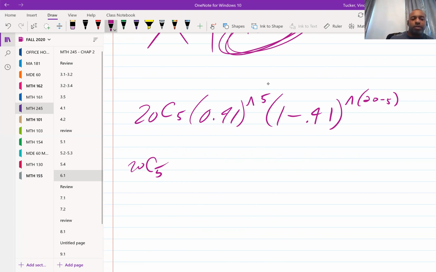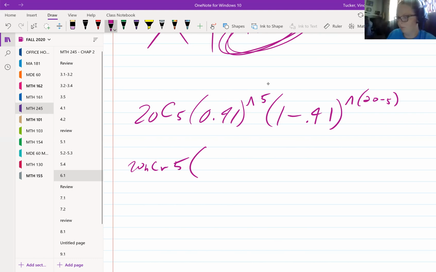Is that what you're able to do? Okay, it leaves it. Okay, that's fine. So yours would be like that, and then you do parentheses. Make sure you come out of the nCr thing. You might have to hit the arrow to the right to make sure you're out of it, and then put a parenthesis, and then go ahead and put the 0.41